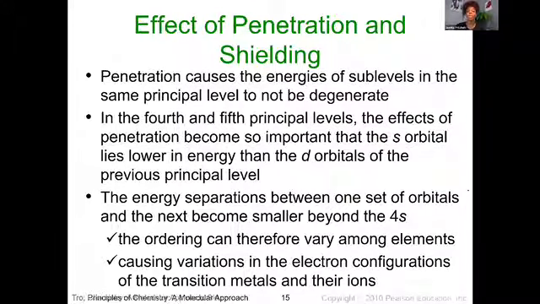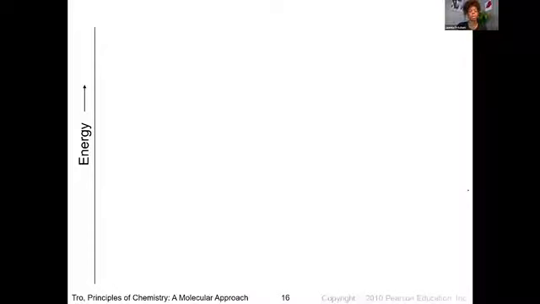And same thing with our F orbitals, that really becomes more noticeable as we start thinking about where they're located. The energy separation between one set of orbitals and the next becomes smaller as you get beyond your 4s orbital. And the ordering can therefore have some variation from elements. And so this is just going to help you to visually understand this idea of orbitals being able to penetrate into different